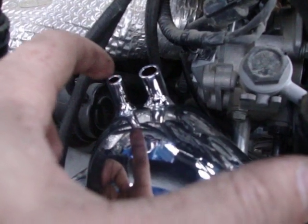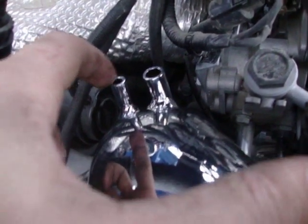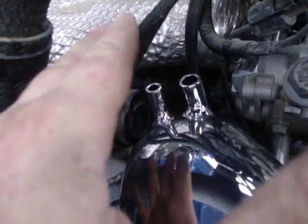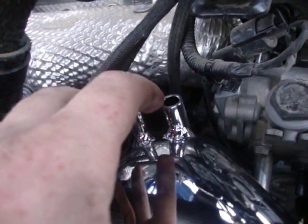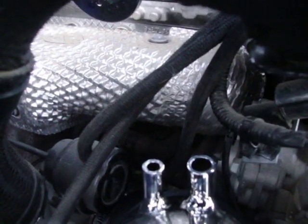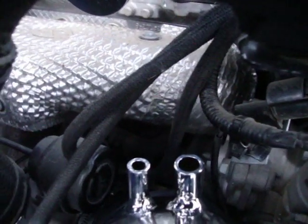If you went to a dealership and they installed your intake and you do not have this plugged, you are going to damage your engine. Almost guaranteed. Something will go wrong because your air is not filtered and it will suck air through here. So get a plug, plug this up, make sure that it is completely covered. All of the Genesis coupes have this large half-inch breather tube here, which connects to your crankcase. This is a perfect time to install a catch can, which I'll cover at a later date, because there is quite a bit of oil that